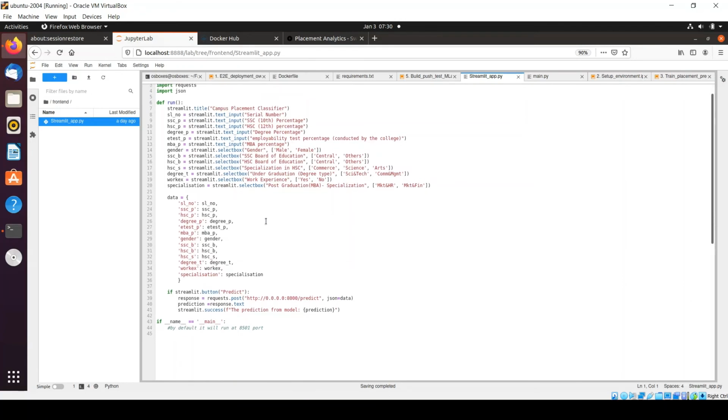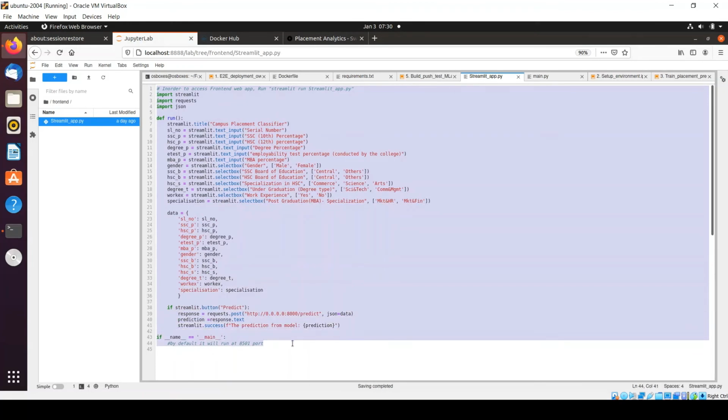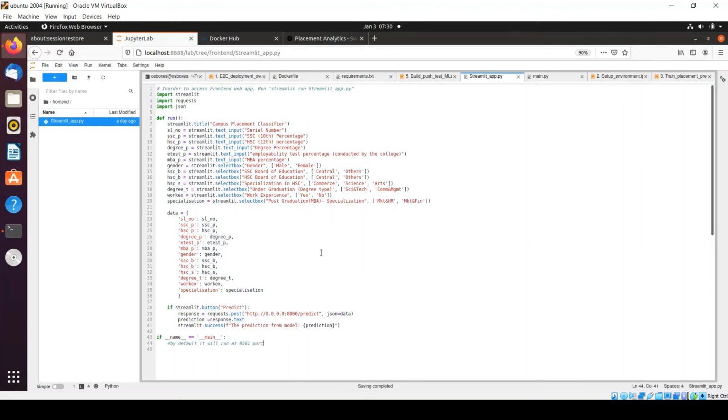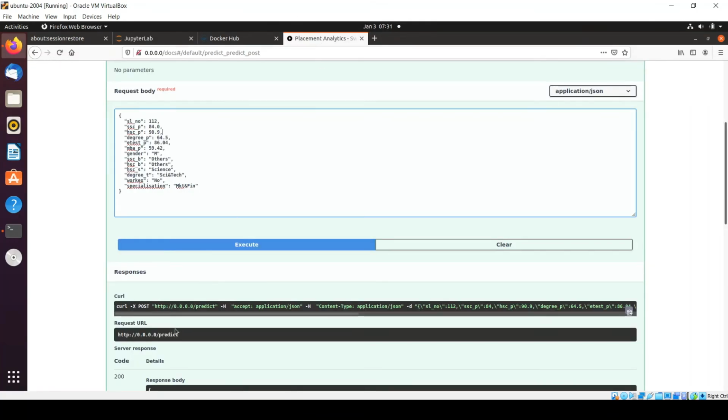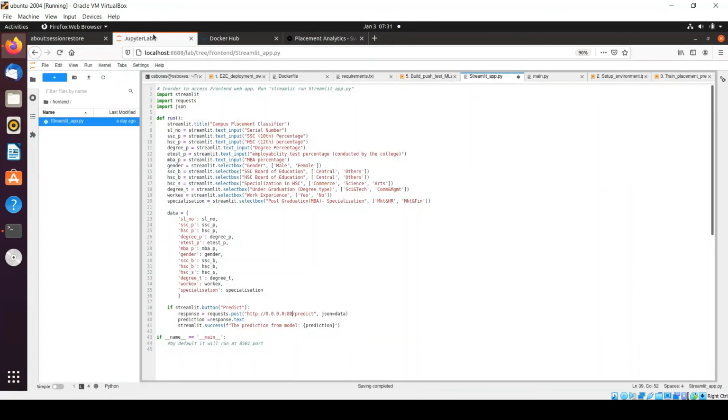So I have already covered it in much more detail in my last video, where I have explained every statement, what it signifies, and how we can configure it for receiving different types of values. Okay, so here I need to only modify one thing. Here I need to give the endpoint as this, because we can see the endpoint is like this. Okay, we'll save it. Now we'll run it.